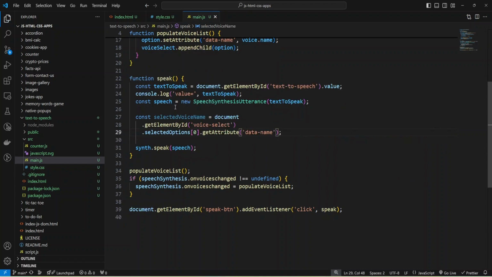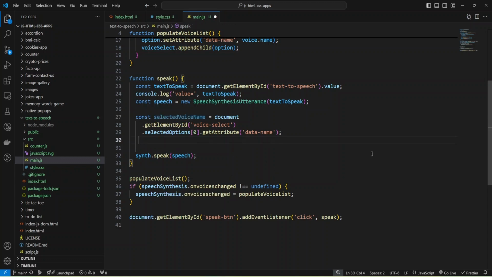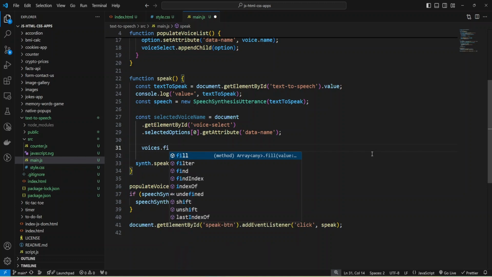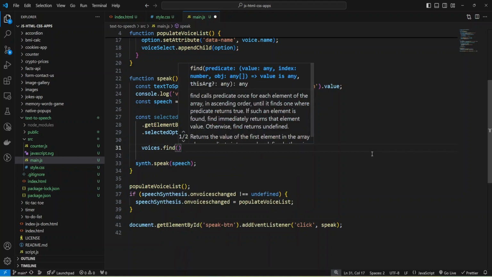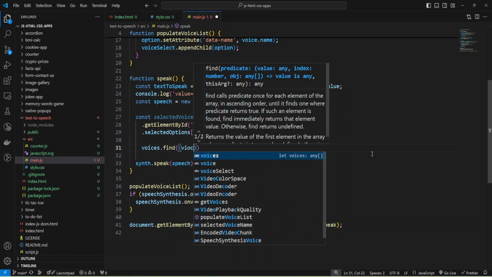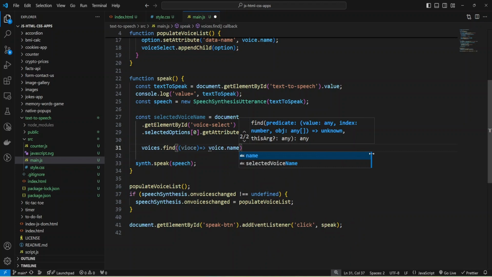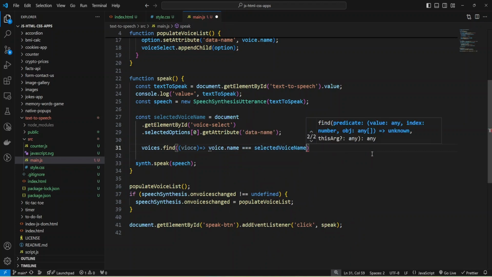Okay, let me save, and now I can add this selectedVoiceName and use it to find my voice. I'm going to use my voices and find, and will provide a function: I need some voice that has name, voice.name equals selectedVoiceName.